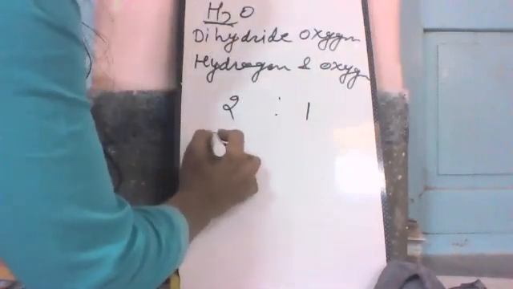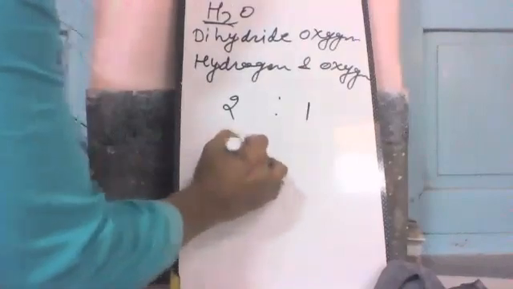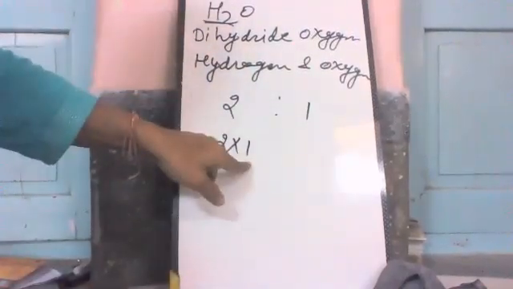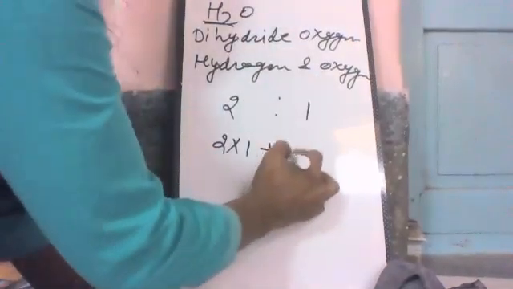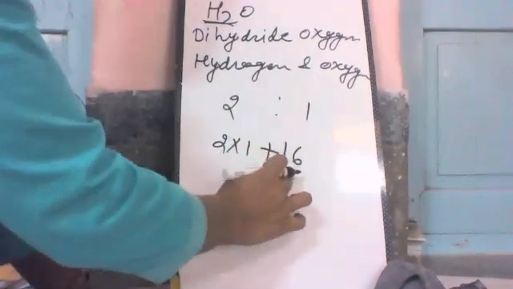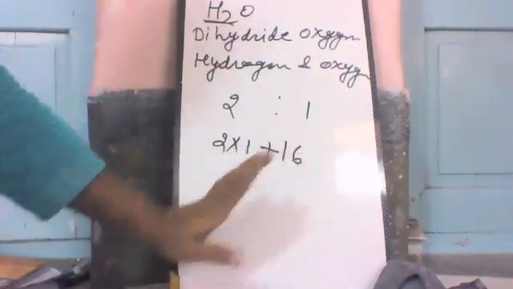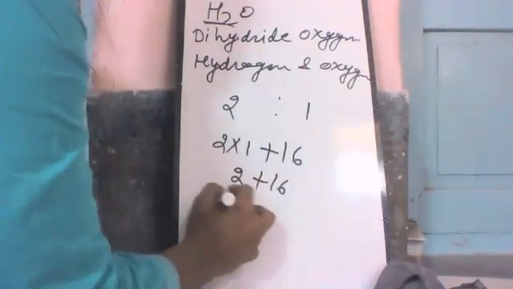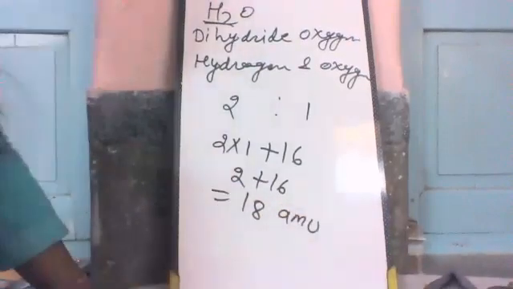The molecular weight of water: 2 atoms of hydrogen, so 2 multiplied by 1, because the atomic weight of hydrogen is 1. Then the atomic weight of oxygen is 16 and it has only 1 atom. Due to this, only 16 is here. 2 plus 16 is equal to 18. This is the molecular weight of